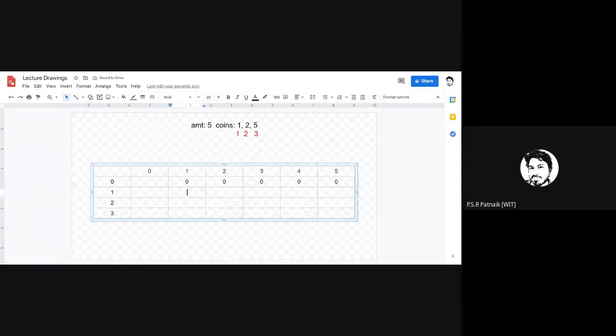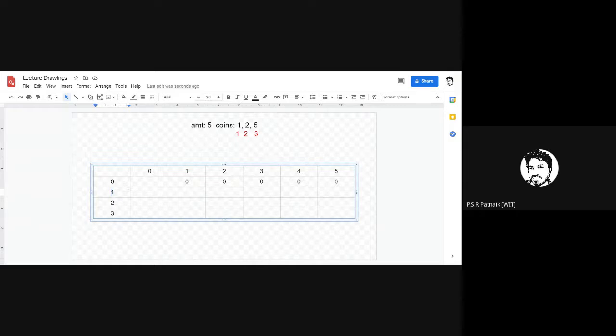We will not deal with this column now. We'll come to this column at the end: what is the purpose of that column and why do we require it? Now coming back to index 1.